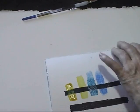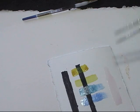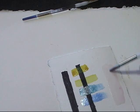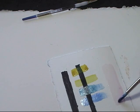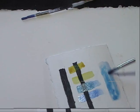And there's one other thing I just wanted to show. Someone had written me about this in my class. It's a different way of applying it. Now I'm just going to do a straight line here. The little pink in the water there, so you can see hopefully where the water is, right? I'm going to make it a pretty fair amount of water. And then I'm going to drop a Windsor into it. Look at how the watercolor moves in the water. I mean, that's what